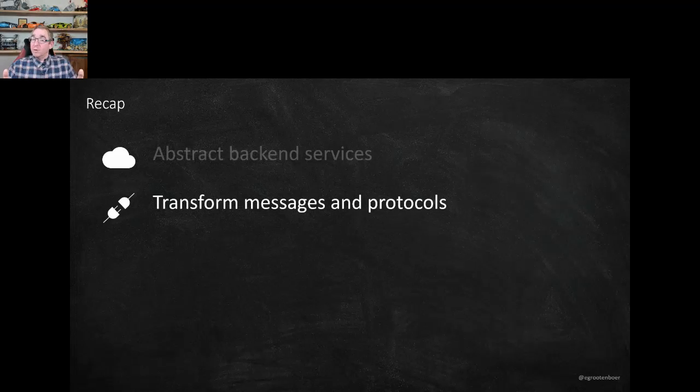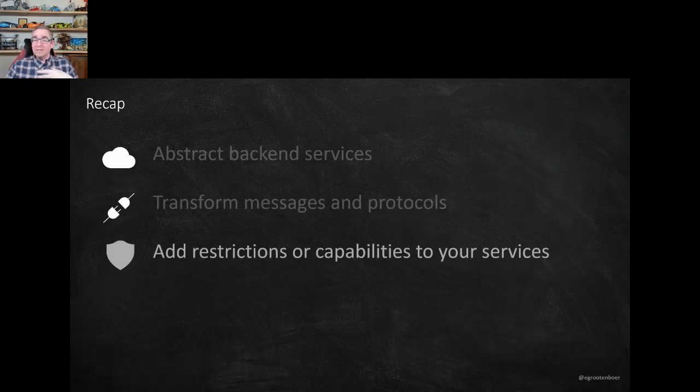You can transform your messages and protocols, so you can actually do message transformation. Be careful though, don't overdo message transformation in API management. You can go all out with liquid templates and stuff like that, but API management is probably not the best place for this, because you have limited logging around that. Especially for more advanced transformations, I would say use something like a function or logic app. What it is perfect for though is protocol translation, like having a SOAP backend and transforming it to a REST frontend, or transforming JSON to XML, things like that. That's just very easy to do.